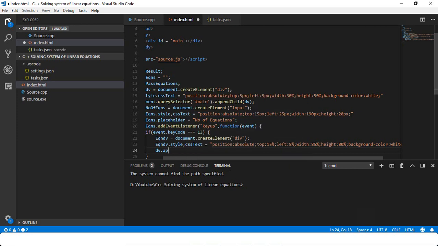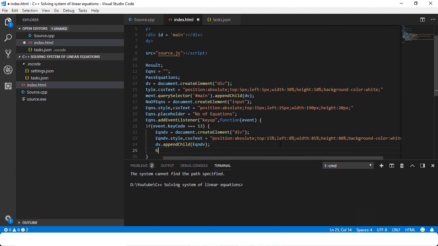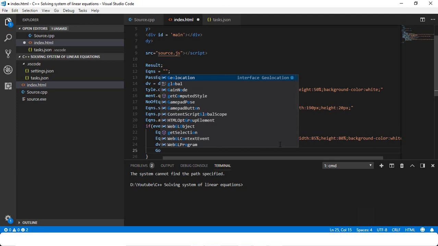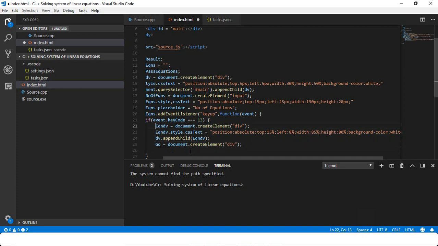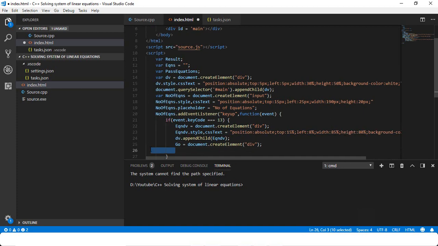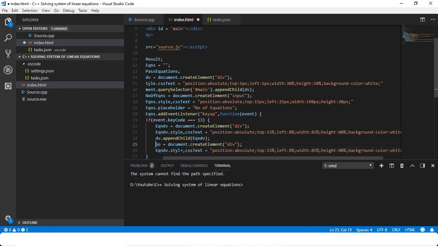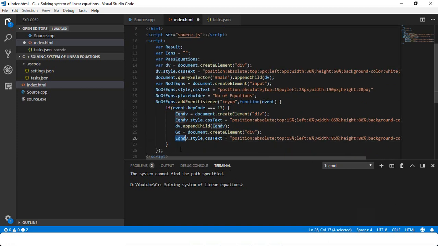Div child equation div, and also add a go button. Go is equal to document.createElement div, and go with style.cssText,